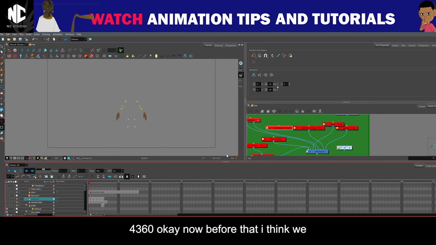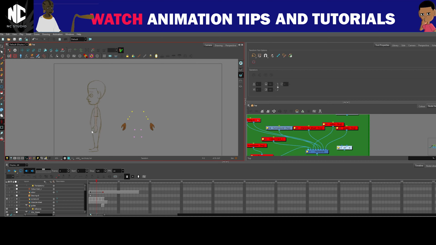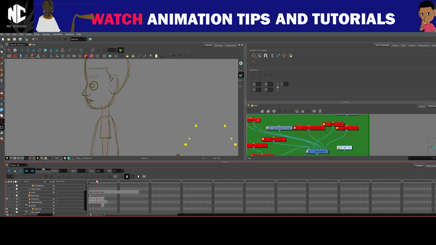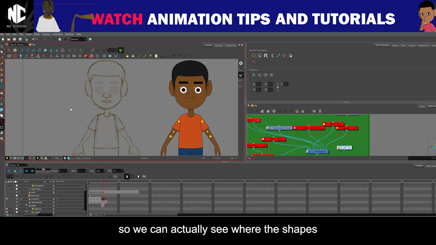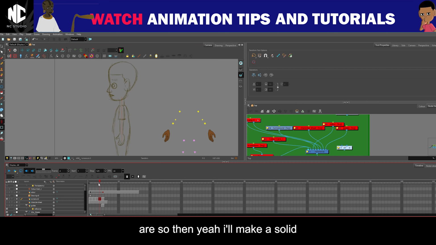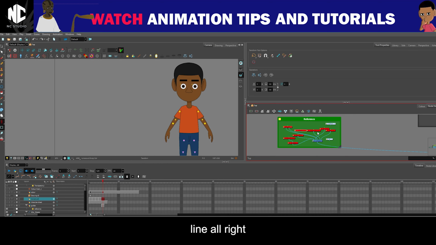But before that, I think we need to ink this, make it solid lines. So we need to make a solid line so we can actually see where the shapes are. So then, yeah, make a solid line. All right,